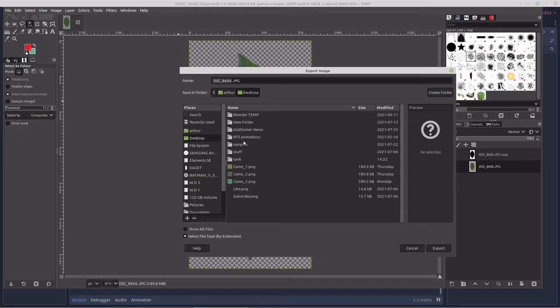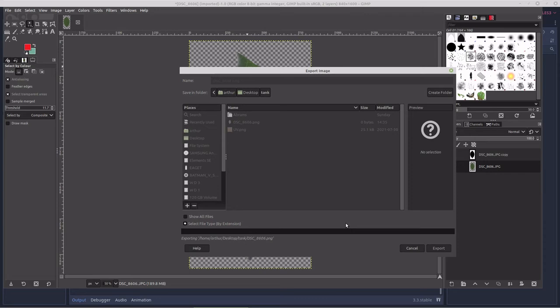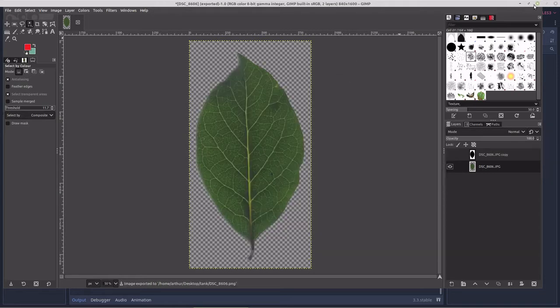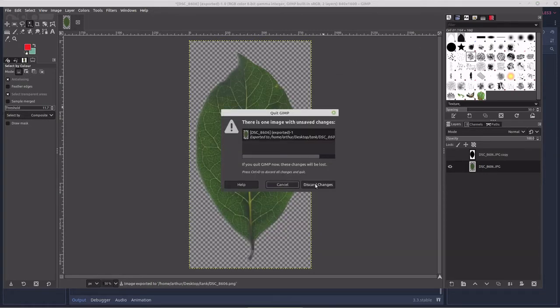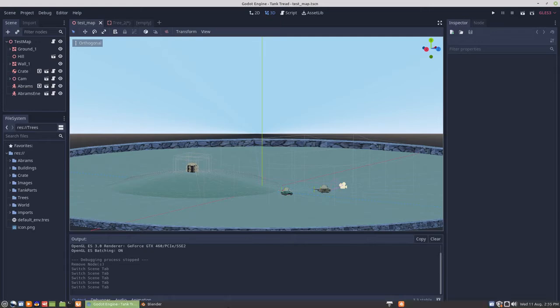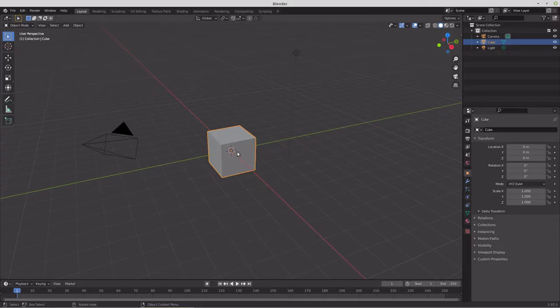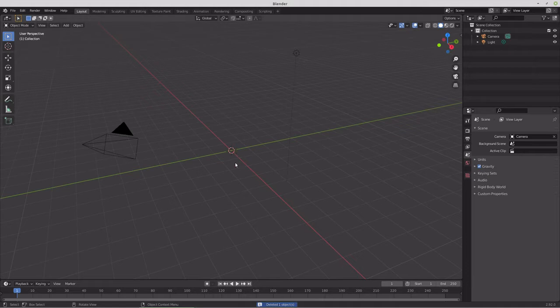So we'll navigate to whatever working folder we're going to work in. Because this is a JPEG, the file extension will need to be changed to PNG. JPEG does not have transparency, so it has to be an image type with transparency. And that's all good. I'm pretty sure that I've done a tree demonstration before, but we'll leave the light in